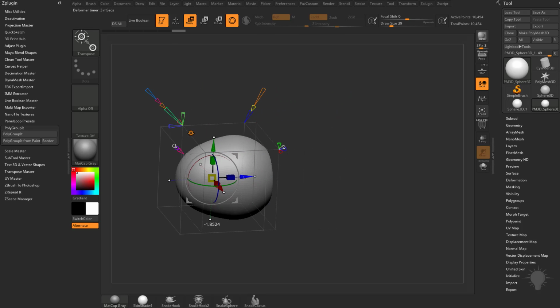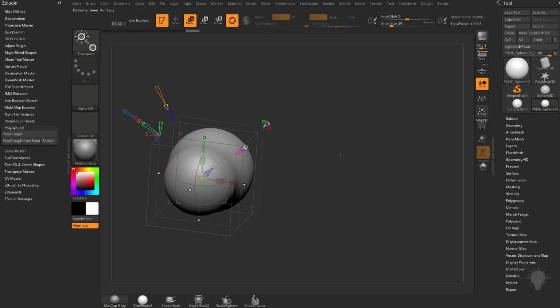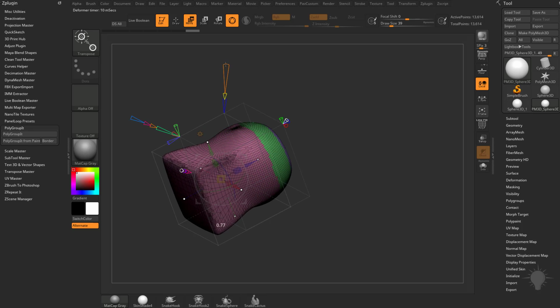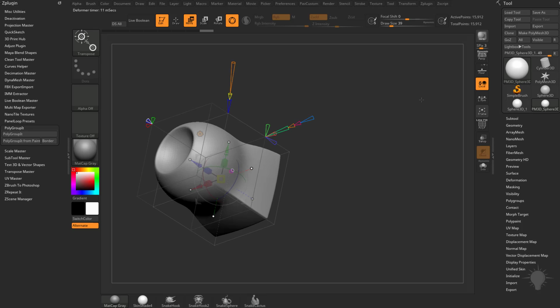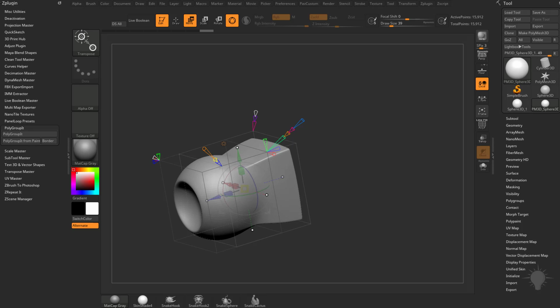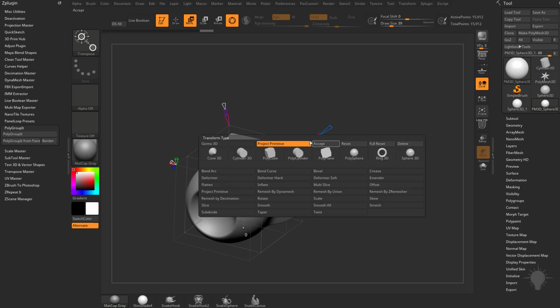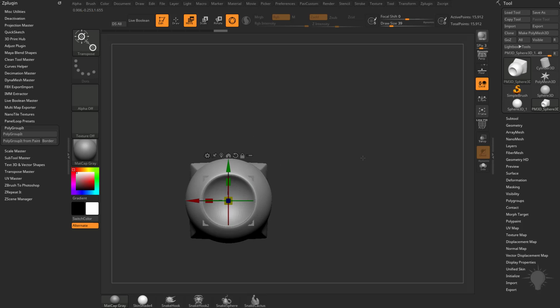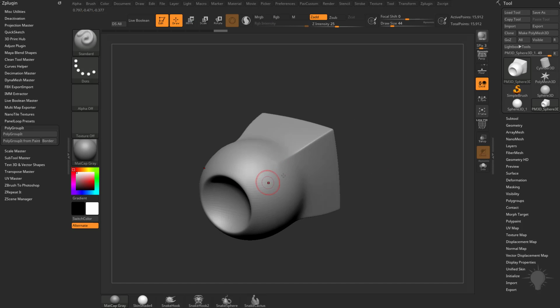I'm going to pull through to this other side, and this time we'll go ahead and do an additive shape, but we're also going to go over here where we have a modifier, and we're going to turn that into a cube. So we've got a cube kind of morphing into a sphere being cut out by another sphere. If we're cool with this, let's go back into the gear, hit accept, and then make sure you hit X to go back across X symmetry. And now we're ready to sculpt panels on this.